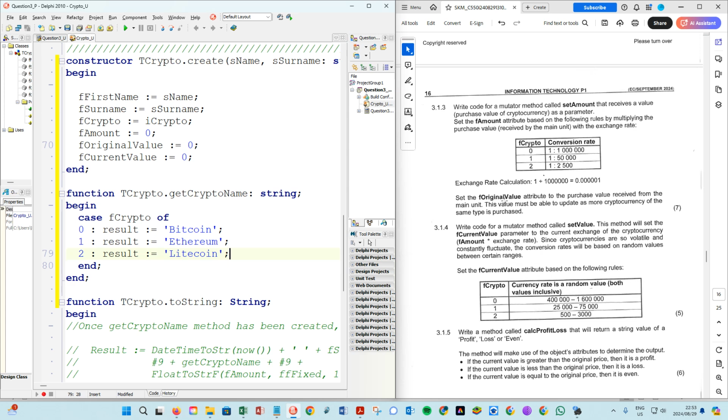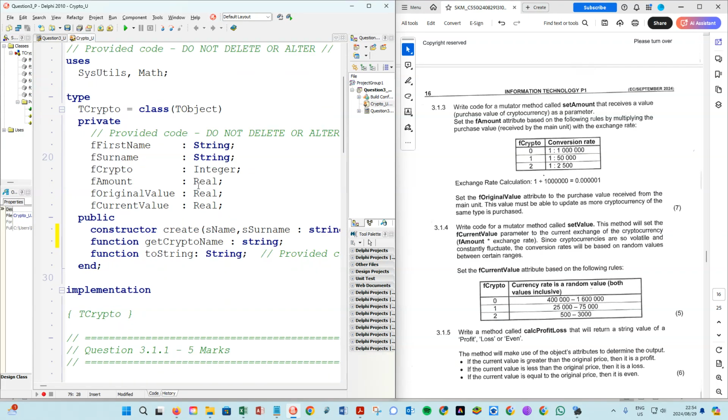The exchange rate calculation will look as follows: 1 divided by the value, and that equals 0.000001. And then we are also asked to set the attribute fOriginalValue to the purchase value received from the main unit. So that is the parameter that is passed through our method. This value must be able to update as more cryptocurrency of the same type is purchased. All right, so we go back to our